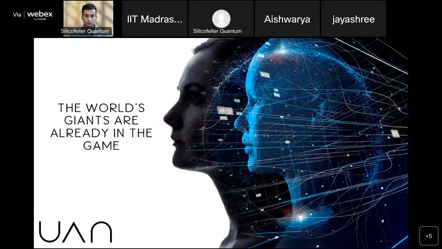So why should you begin your journey in quantum computing and start learning how to program a quantum computer? The world's giants are already in the game. Microsoft is already on the path to developing a topological quantum computer. IBM has significantly progressed in the field and has come out with its own quantum computer. Google is heavily investing in quantum computing, where they have come up with their own libraries and their own quantum computers. So the giants are already in the game and they are going to be recruiting people like quantum programmers